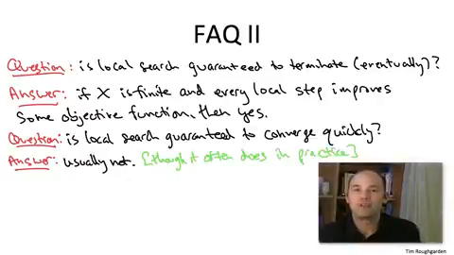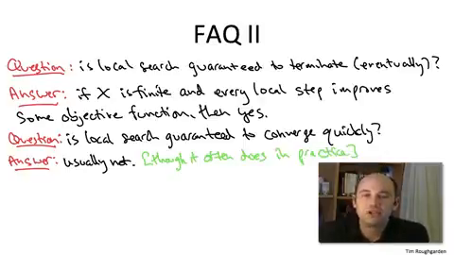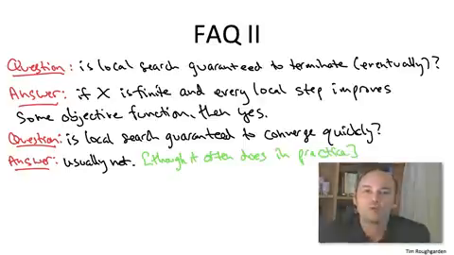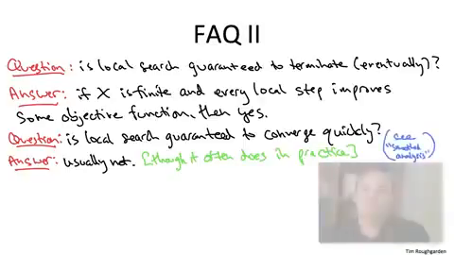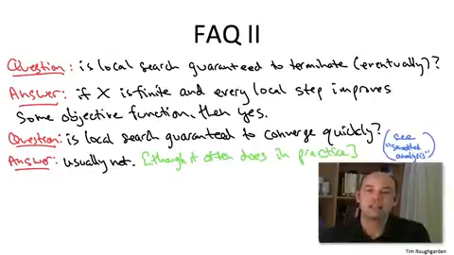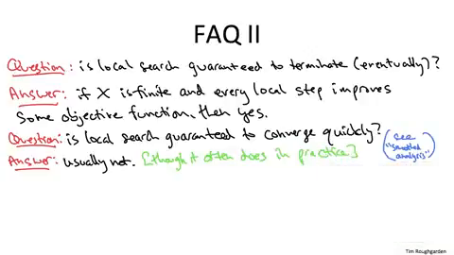We do not at present have a very satisfactory theory that explains or predicts the running time of local search algorithms. If you want to read more about it, you might search for the keyword smoothed analysis. Another nice feature of local search algorithms is that even if you're in the unlucky case where your algorithm is going to take a long time before it finds a locally optimal solution, you can always just stop it early. So when you start the search, you can just say, look, if after 24 hours you haven't found for me a locally optimal solution, just tell me the best solution you've found thus far.